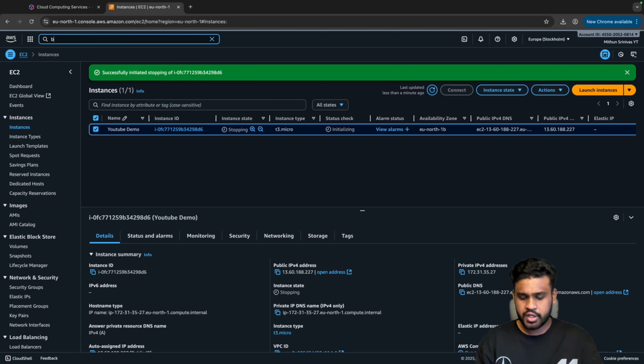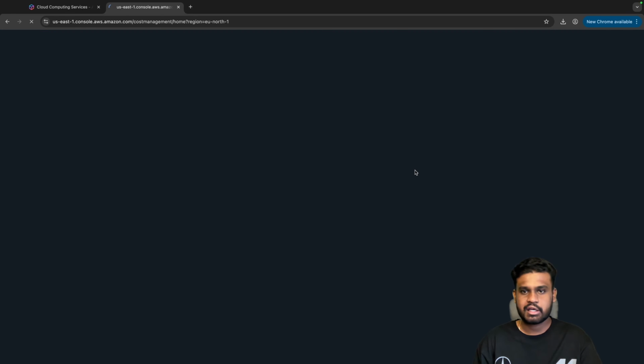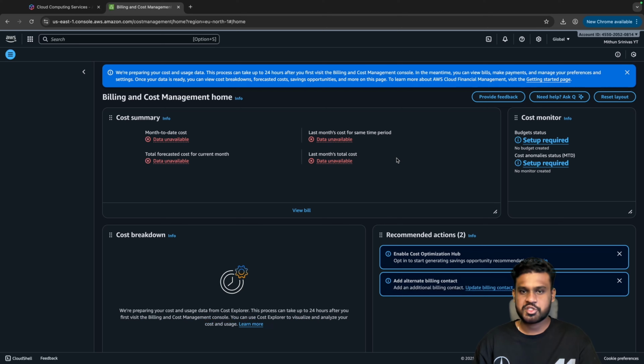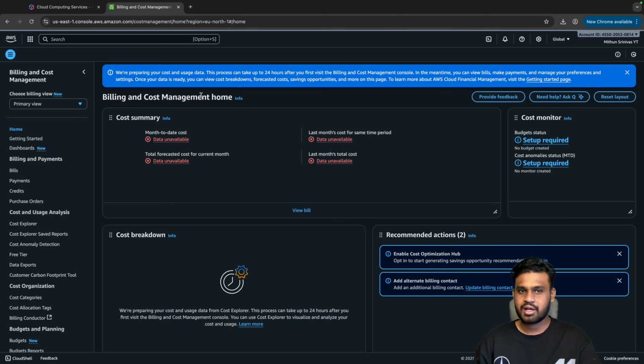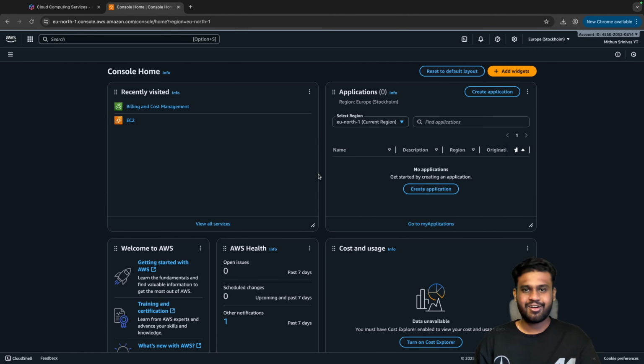You can also look into the billing section, Billing and Cost Management. Here it will give you a lot of information. Again, keep an eye on your emails, you will be getting information as well. We have just started this account, so it won't show much yet, but you will be getting regular emails and updates, so keep an eye. Don't get scared about why I have given my PAN card and bank account, will they auto debit? No, auto debit doesn't happen unless you authorize it.